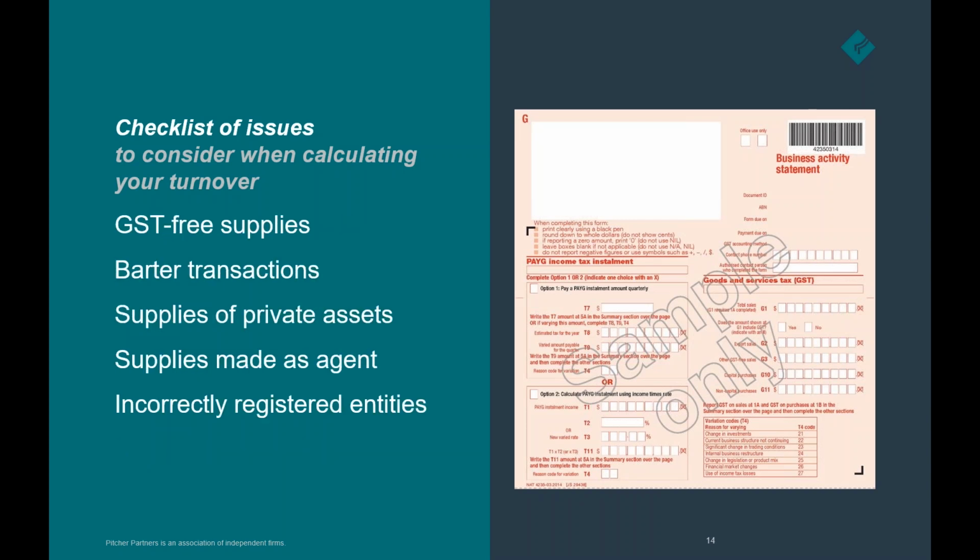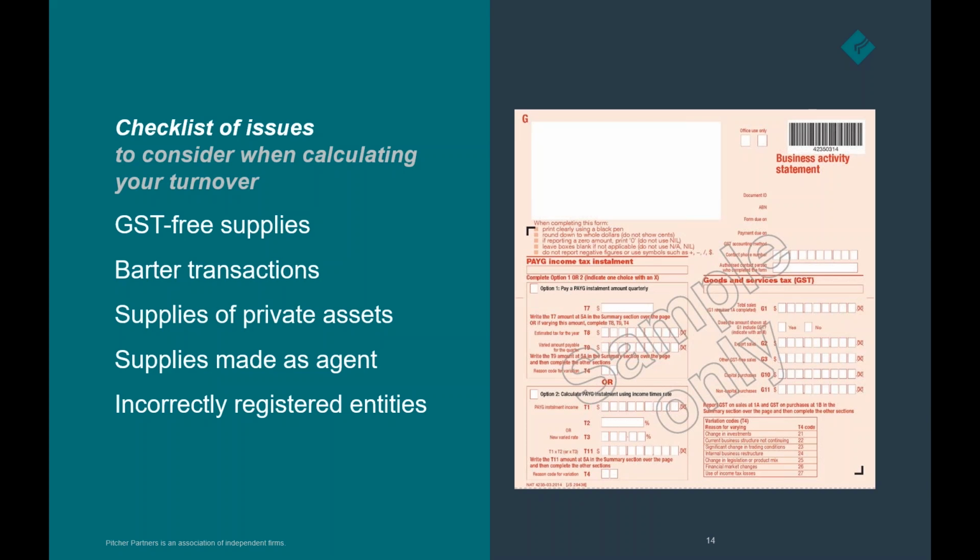The other issues that I wanted to cover off on in terms of the GST turnover calculation are GST-free supplies. So they are required to be included within GST turnover. Often what happens in terms of the preparation of a BAS for entities that do make GST-free supplies is that those supplies can just be left off the BAS altogether because they don't have any GST impact. However, they will become important. They are important for the purposes of assessing the decline in turnover test, and therefore, if they haven't been dealt with correctly in the past for BAS reporting purposes, once again, you will need to go behind the BAS and